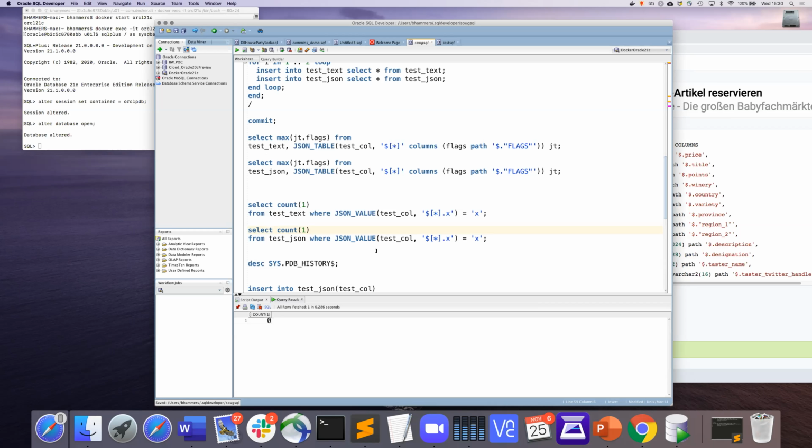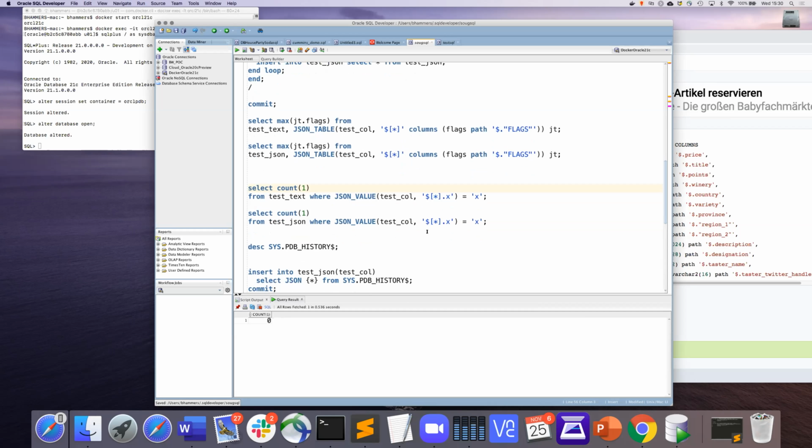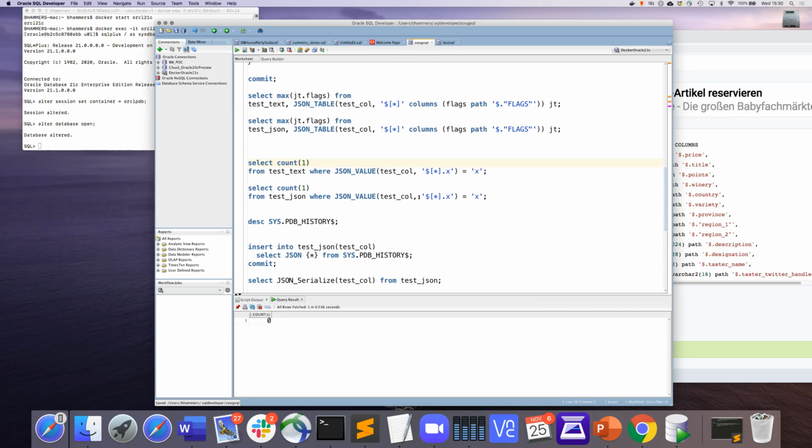So in this example, we actually don't even have to look at the real data. All we have to do is look at the header to find out that X is not existing, and we can return right away. So what was this? 0.2 second versus 0.5 second. Yeah, the data is too small to really make sense, but good. So basically the message is JSON data type is faster while being a bit smaller. So this is good, we like that.